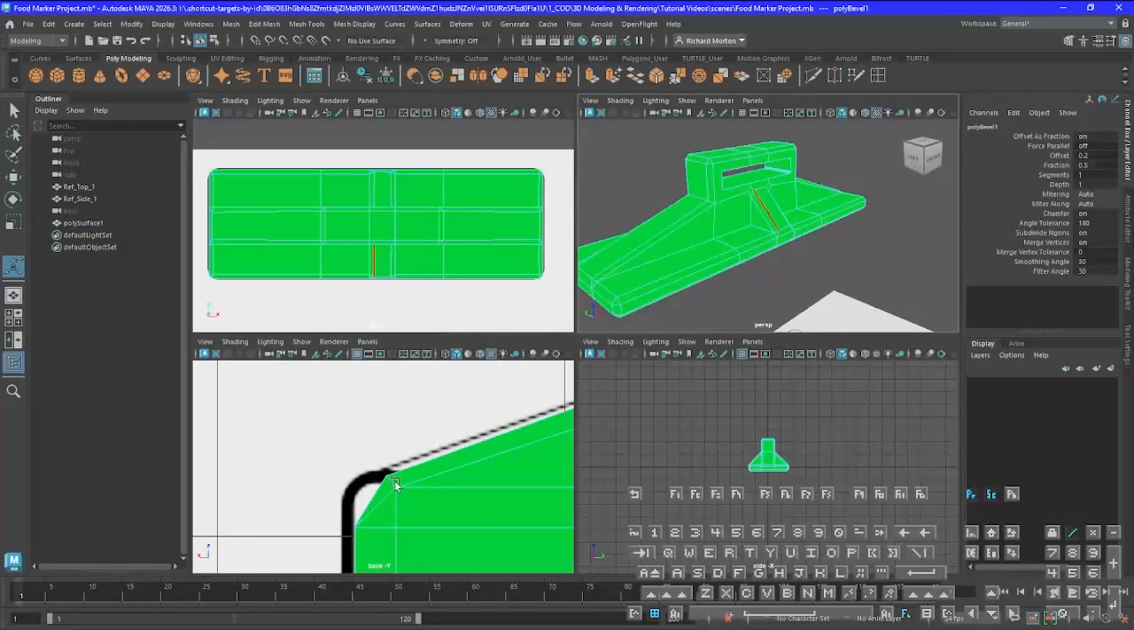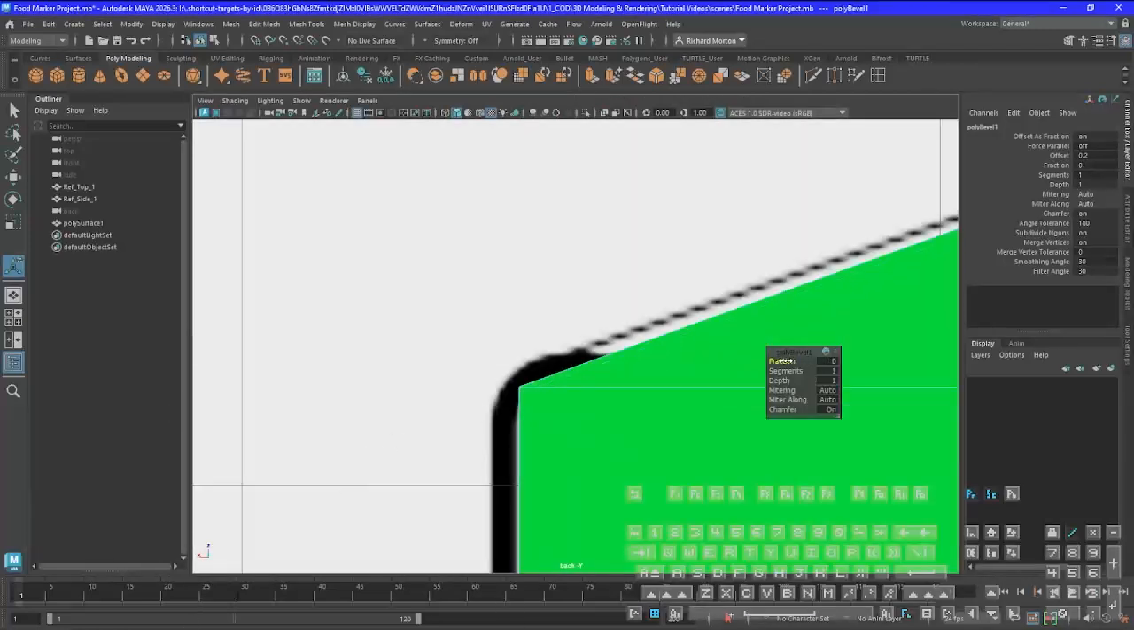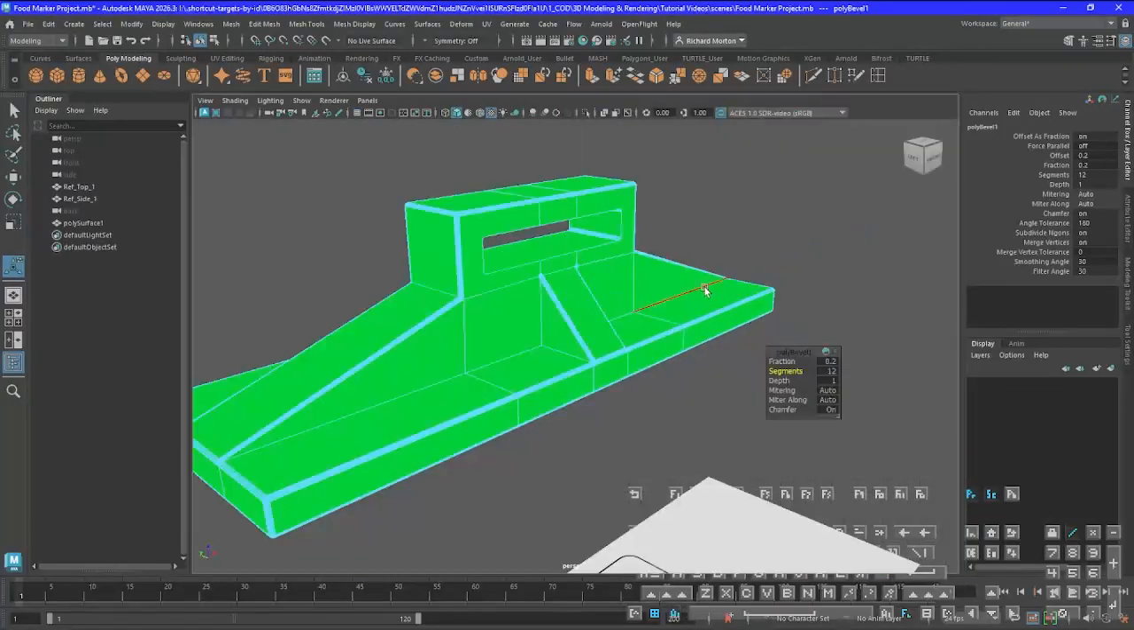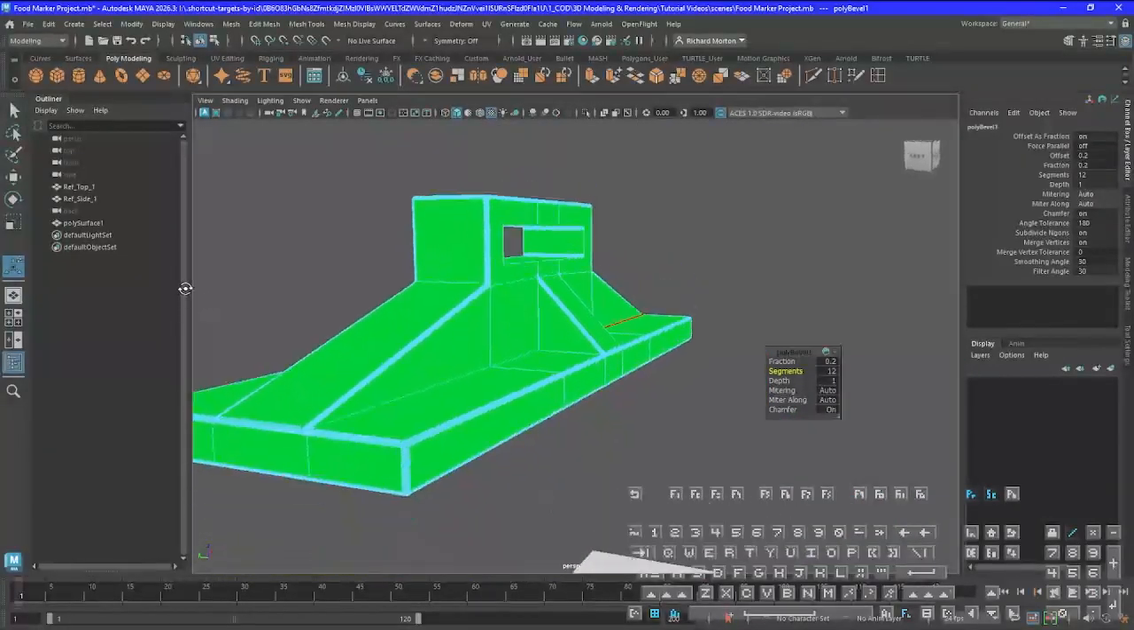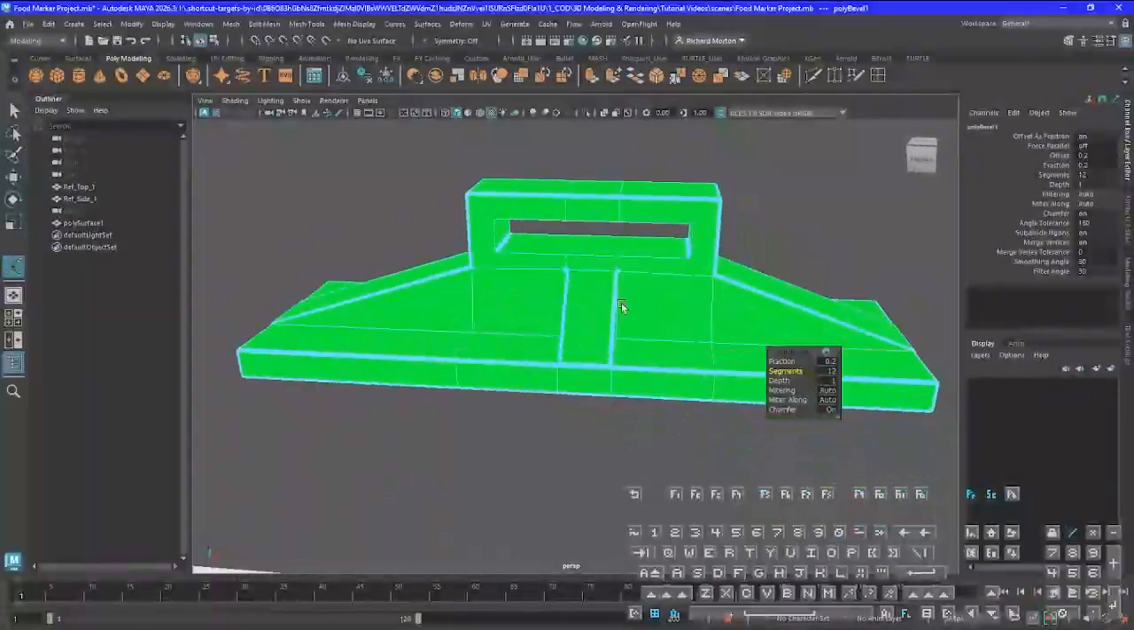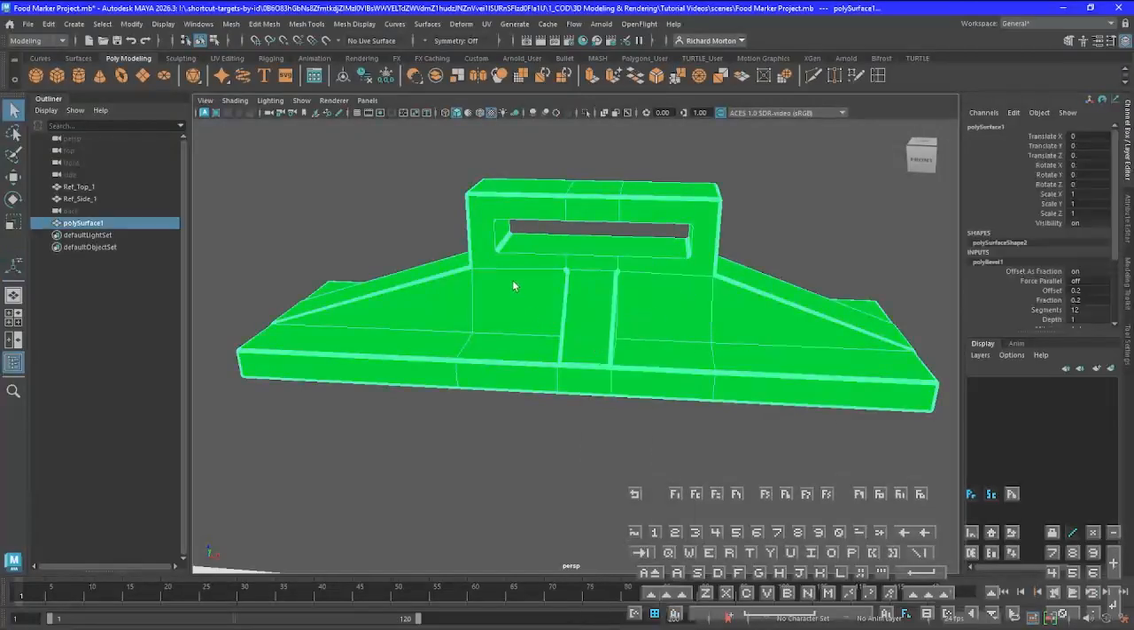Let's go to our side mode right here. And we'll adjust it to right about there. And then add in our segments. Yeah, we should be good now. And it looks good. All right, now I'm going to go back to object mode, and we're going to reattach